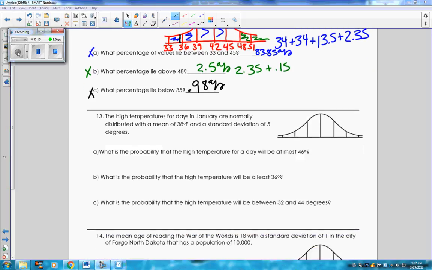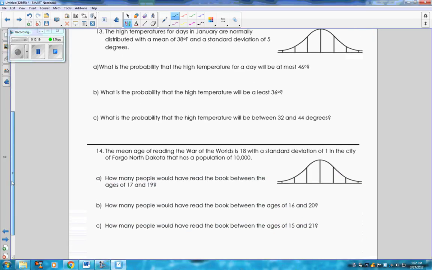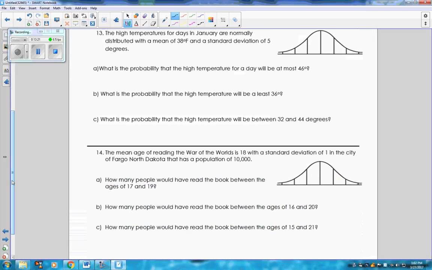The next problem says that the high temperatures for days in January are normally distributed with a mean of 38 and a standard deviation of 5 degrees. So I'm just going to plug in my numbers into this normal distribution curve. So the mean is 38. So when I plug in my numbers for the standard deviations,